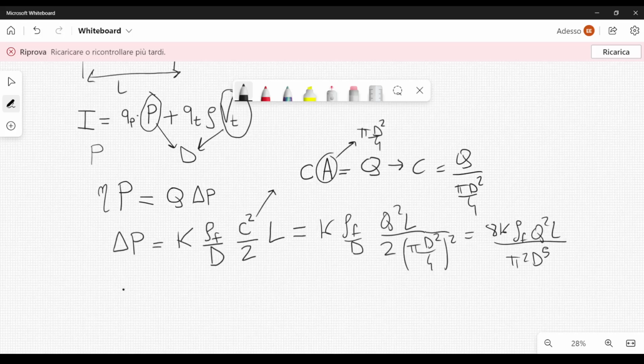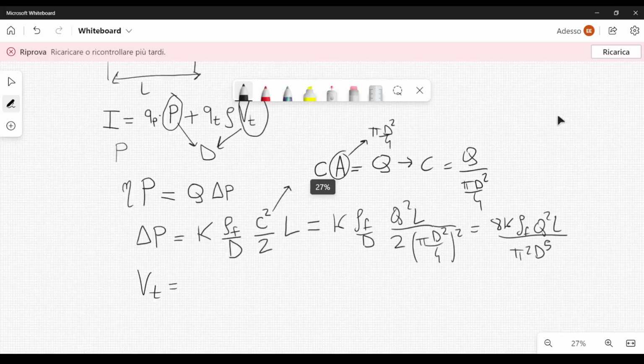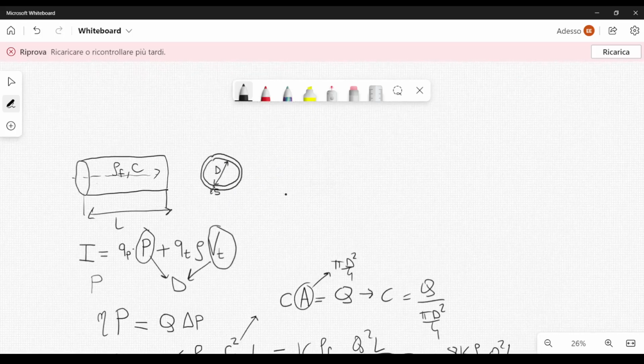And then let's also write the volume of the pipe, Vpipe. This is equal to, by considering the cross section that we sketched here, well, the volume is given by this area here, because remember that we are interested only in the material that we are using. So the cost will be proportional to this kind of material, and we will multiply that by the length